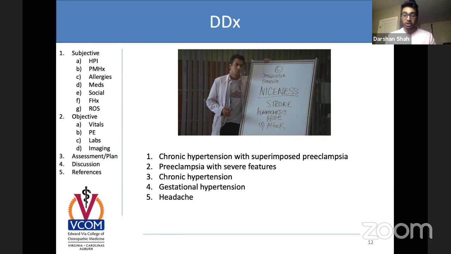She also might have HELLP syndrome, which means hemolysis, elevated liver enzymes, and low platelets. This is essentially why we check the platelet count, to see if she has low platelets, and we check the liver to see if she has elevated liver enzymes. If she had elevated liver enzymes and low platelets, this is a very serious condition where you would have to stabilize the mother right away and do an emergent C-section.